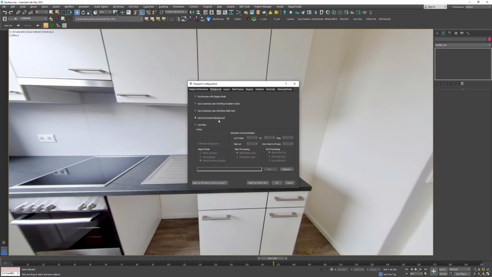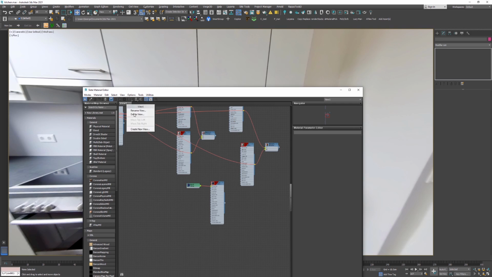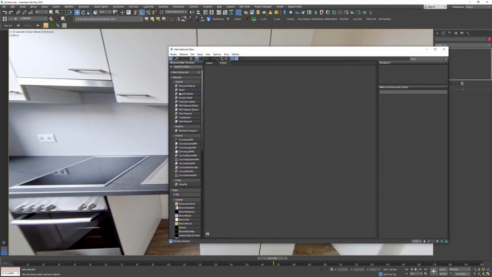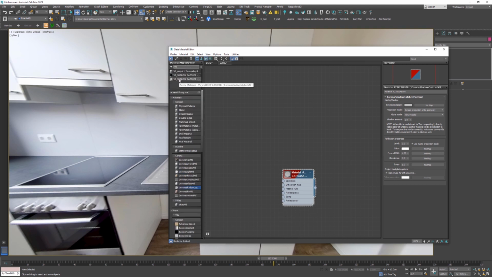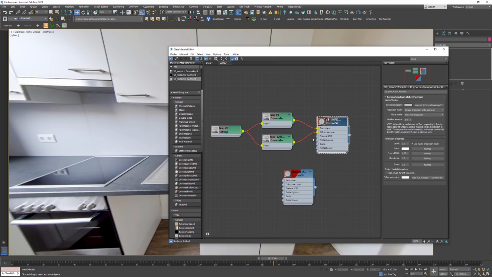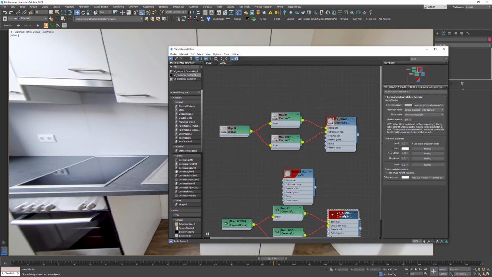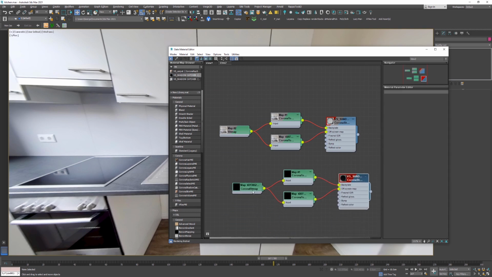So once I click use environment background, let me load entirely new materials. I'm going to load a new material called shadow catcher. Most of you by now should know what this is and how it works. So I already have a shadow catcher made with this material, but for the sake of the tutorial I will load a new one. So what I'm going to do here is find my background image,